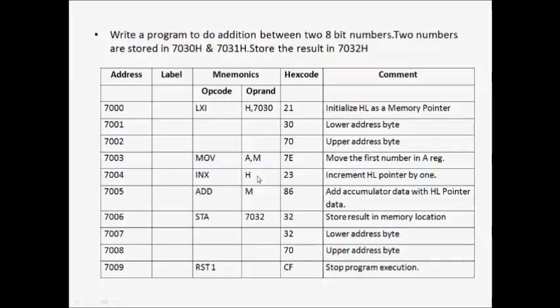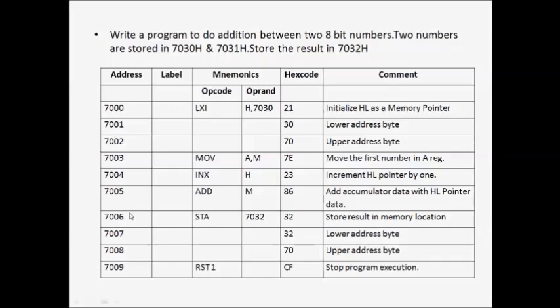This is also a single byte instruction. You can see here, students, it requires only one address, and the INX H opcode is 23. Next, ADD M. Again a single byte instruction, the opcode is 86, and it requires only one address. STA 7032 is a triple byte instruction.